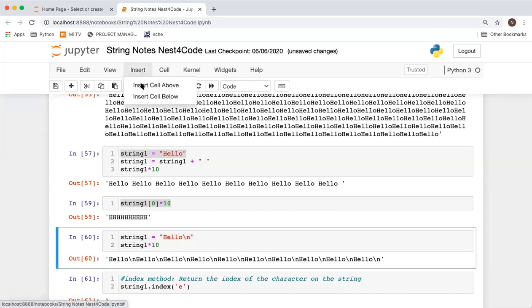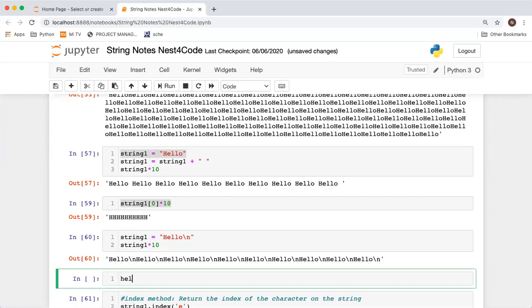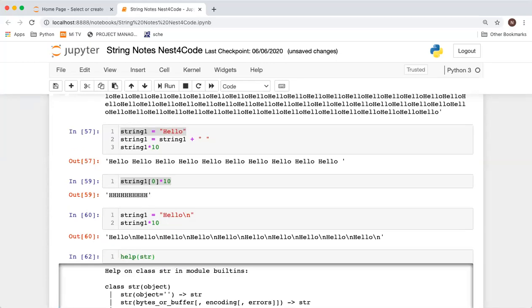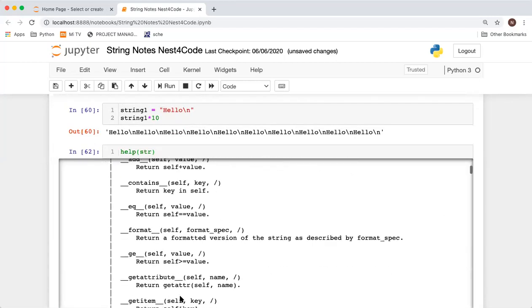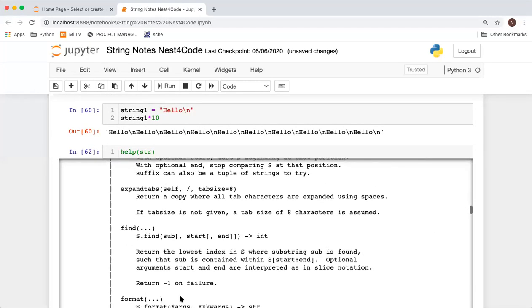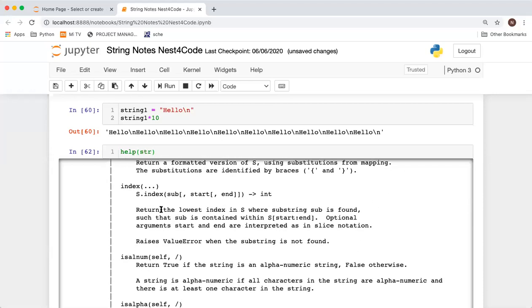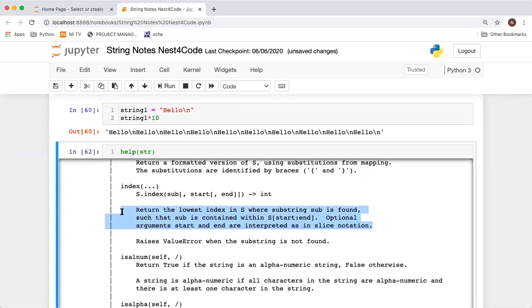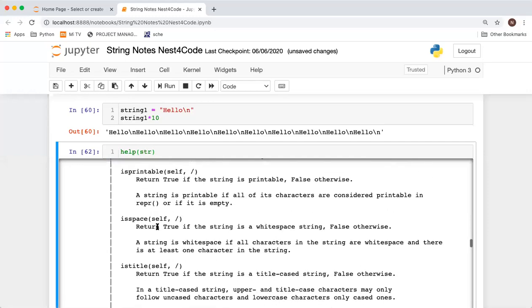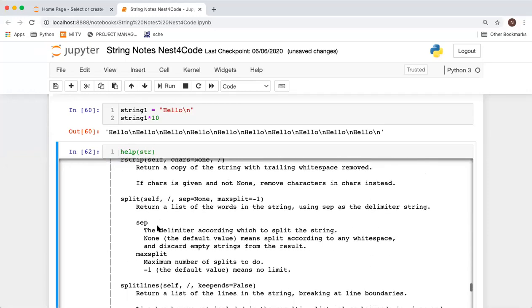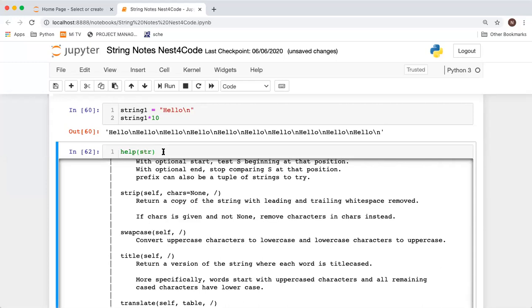And guys, there is one more useful method. You can just say help, and let us suppose we say string class. If I want help on the string class, I can just say help str. It gives you the complete structure of that class and what the different methods are, right? You can see there are a lot of methods there, like which you are searching. We can do index also. We can search a character also. We can search the complete substring also. But in case of substring, it will give us the start point from where that string is starting, right? Like this, we have other methods also. Normally it will give you the lowest index.